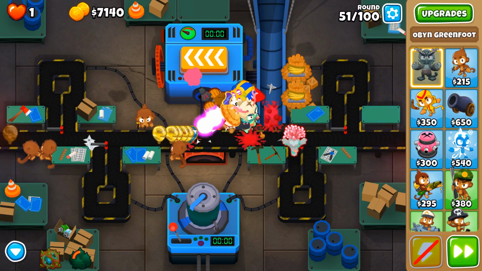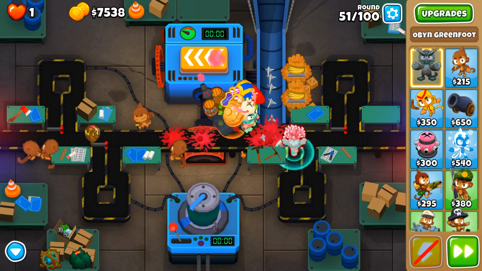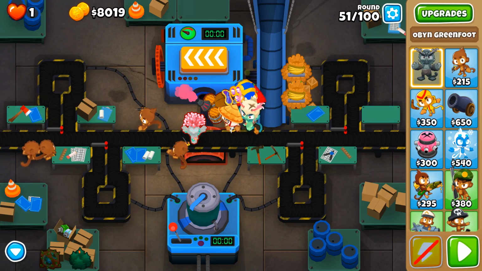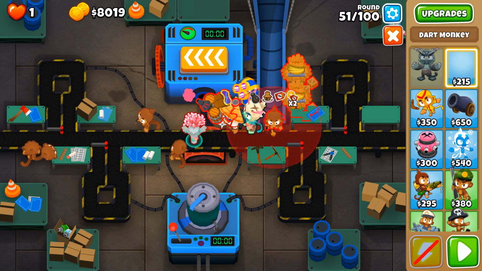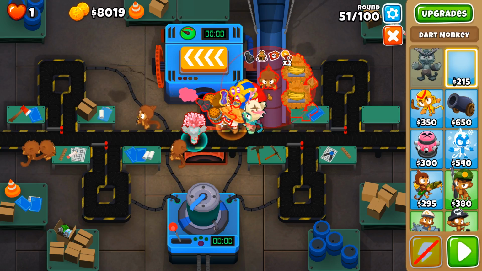Obin level 10, very nicely. And so now you can have also water trees. Now water trees can be placed in 3 different spots. On the main path, so right here, but not in the path of the Moabs, and that's the worst spot. In the path of the Moabs, but not in the path of the normal Bloons, and that's not that bad,